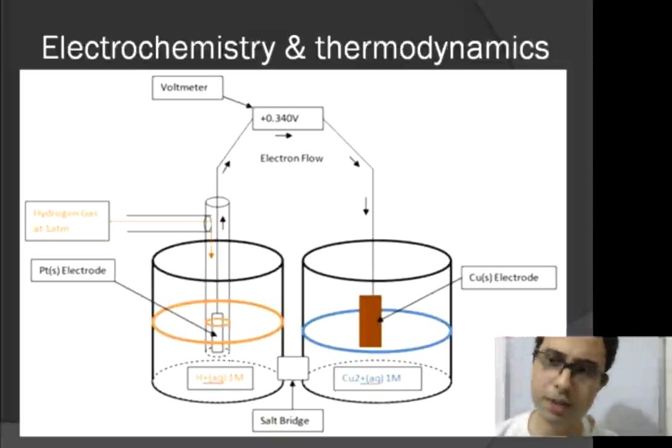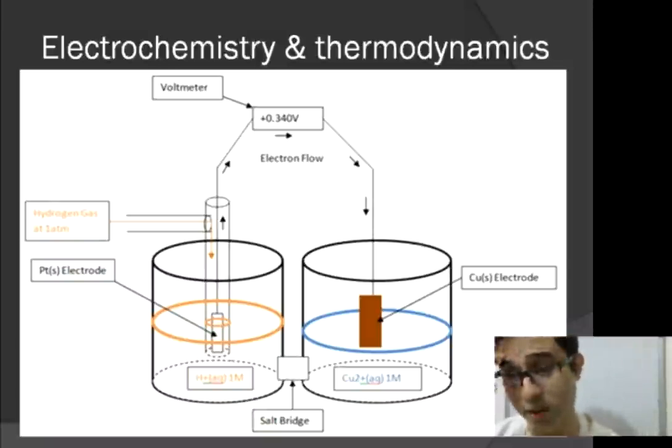So the main thing is that there's one cell where a reduction reaction is taking place, here in this case hydrogen, and in another cell there is an oxidation reaction taking place, that is copper is being deposited as pure copper as a metal at the anode. So these are two separate reactions, and we call it this is